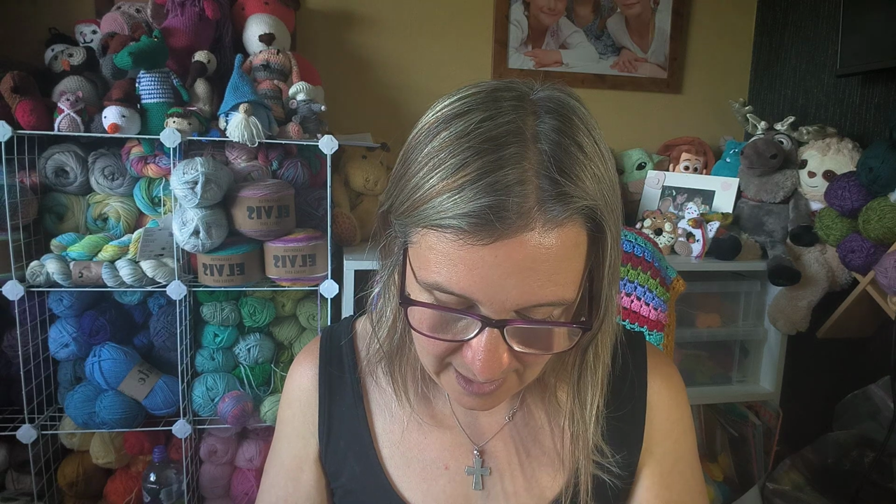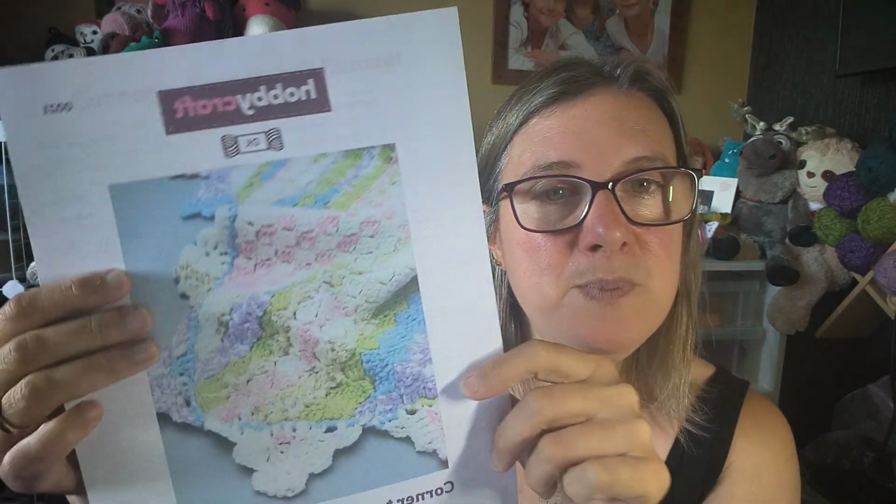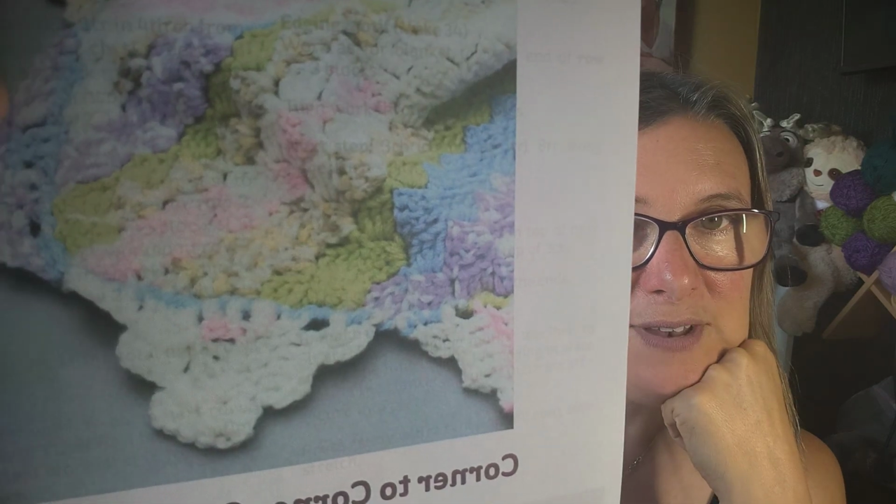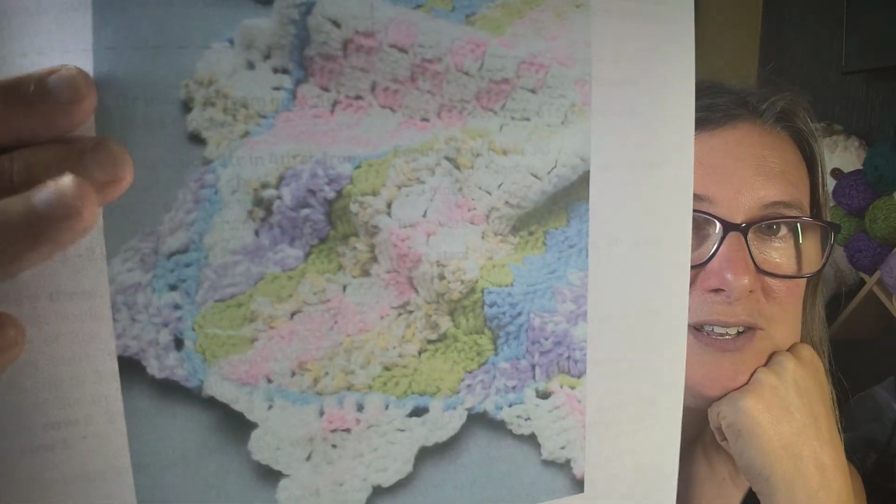Now, corner to corner, going back to the Hobbycraft website again, there's a corner to corner crib blanket. Now, corner to corner blankets you can get anywhere. You can source them for free most places. But the reason why I chose this one was because of the border, and they've actually got a lovely little border that looks like